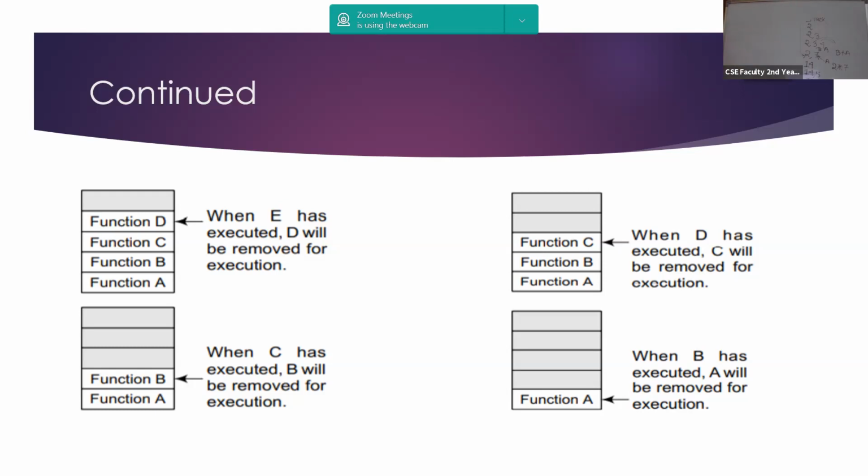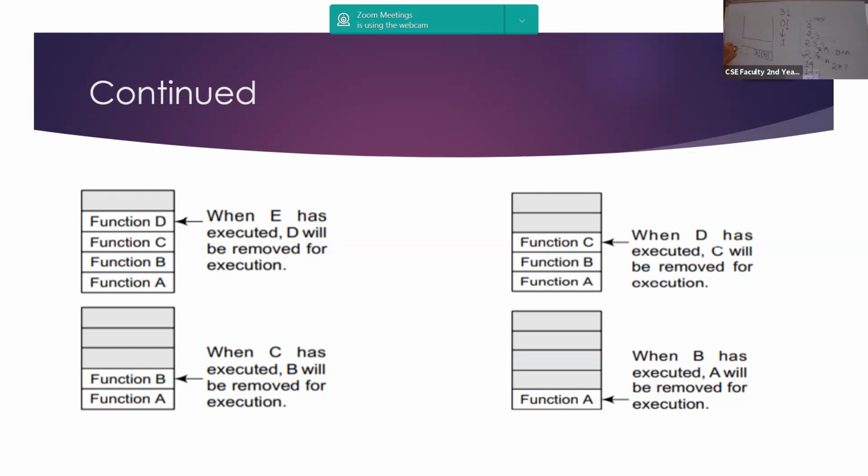Suppose you want to find the factorial of 3. You want to find 3 factorial. What is the base case? 0 factorial, whose value is 1. That is the base case. So first 3 factorial will be called, where 3 is considered to be n. Then the next call will be with n minus 1 factorial.